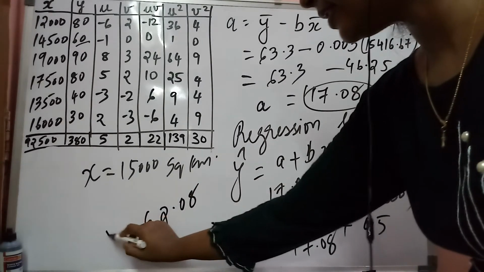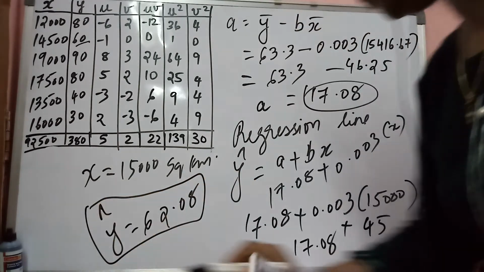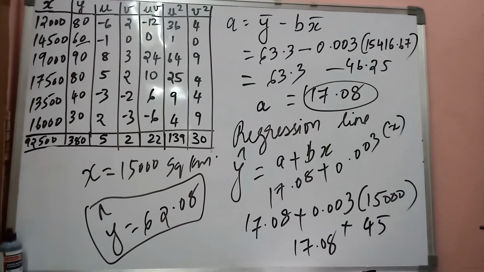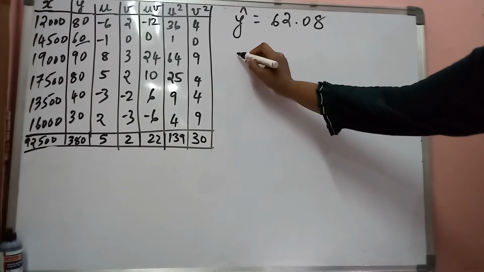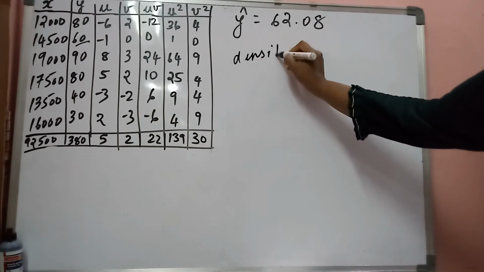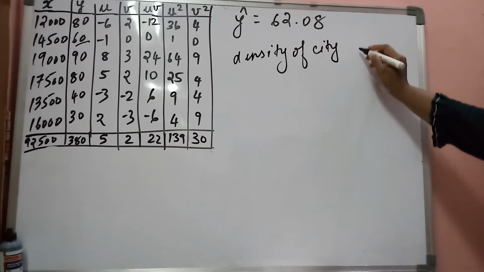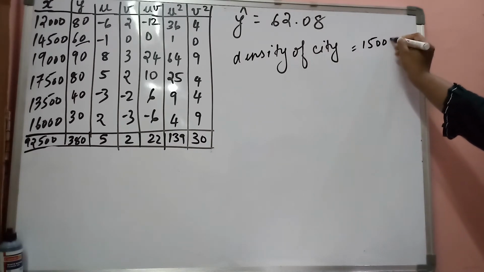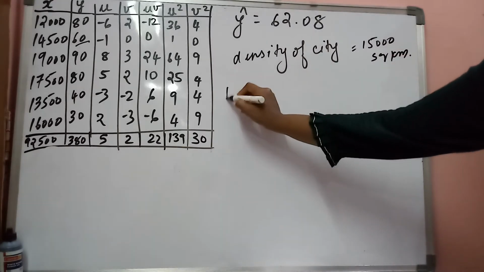So what is this? This is my y cap answer. I hope this is clear to you. Now what you can say is, when your x, that is your density of the city, is equal to 15,000 per square kilometer, then